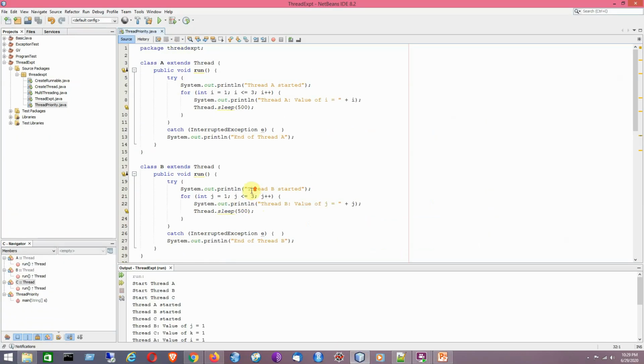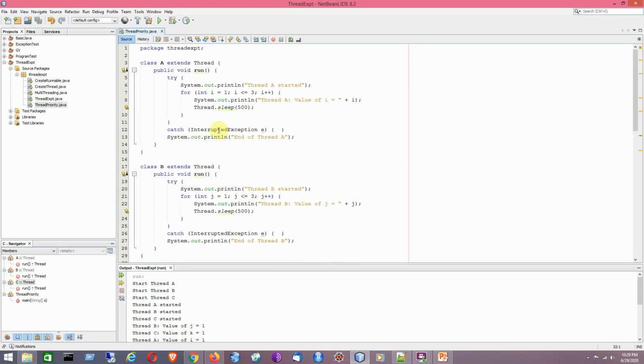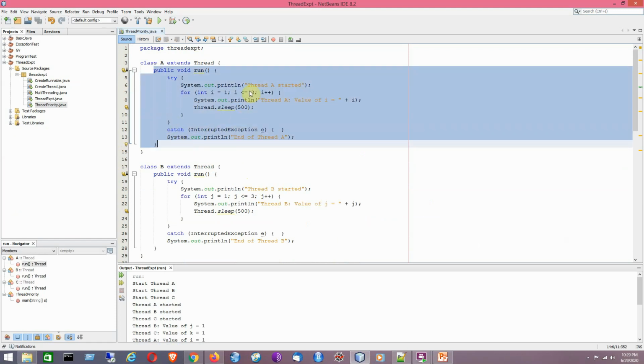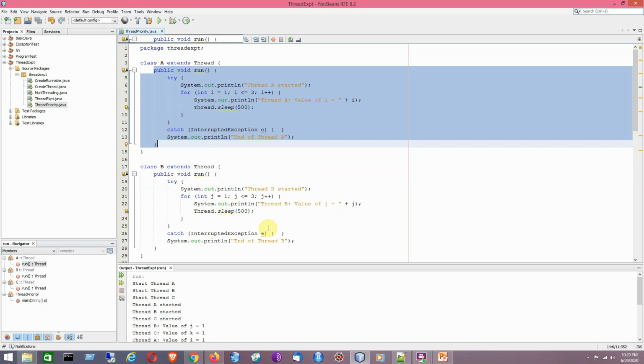So here comes a program that will be having 3 threads named A, B and C. Each of them has an identical structure, each having the run method. I have tried to print the value of the loop control variable, like i for A, j for B and k for C, in a for loop.